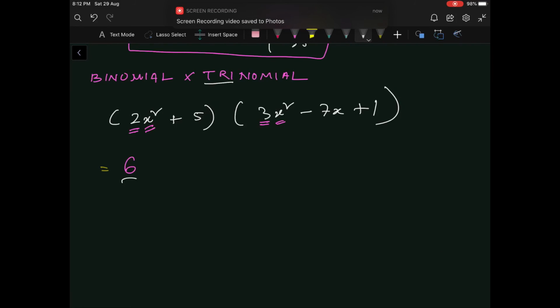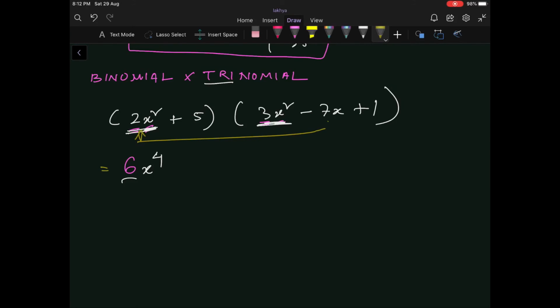So what we have got, x square into x square, that is x to the power 4. So we have multiplied these two terms. Now what to do? We have to multiply this first term with the second term of the second polynomial. Here you see this term is positive, this is negative. That's why after multiplication of positive and negative, the sign must be negative. Then 2 7s are 14. Then x square into x. x means x to the power 1, so that must be x to the power 3. Hope you have understood this.